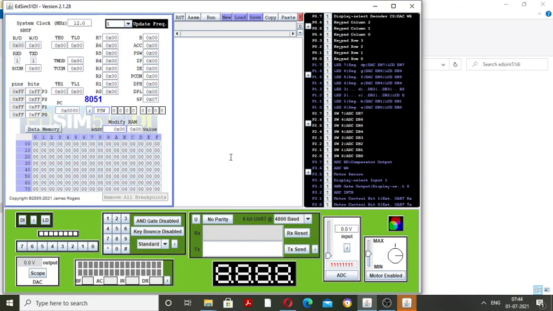So we can run a program. First I want to add two numbers.